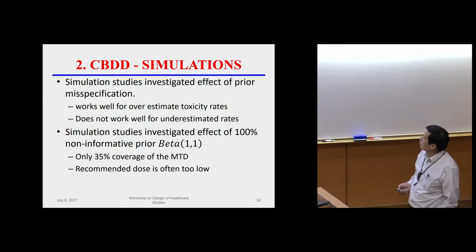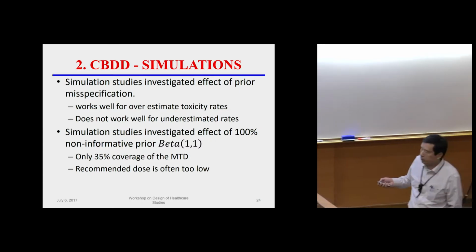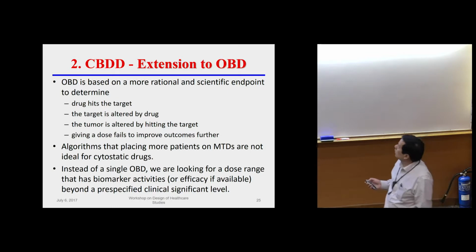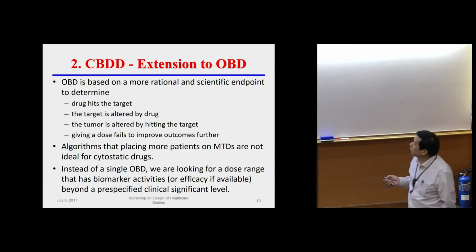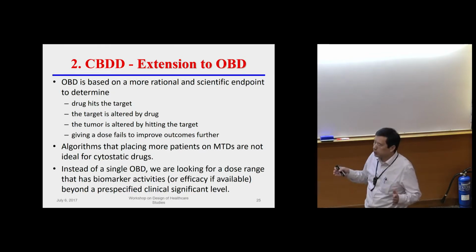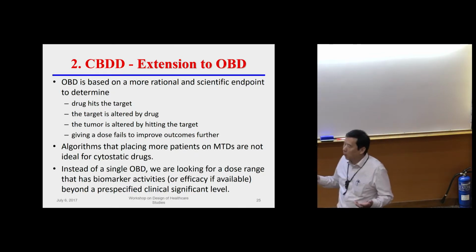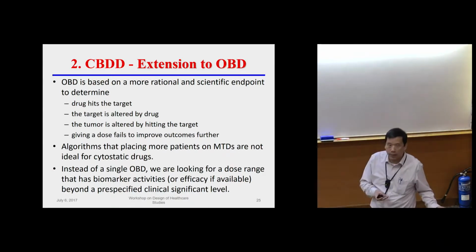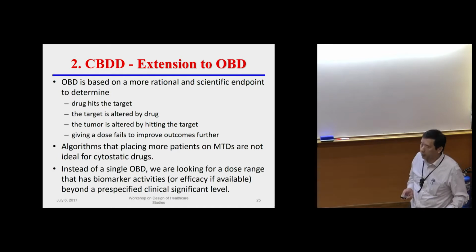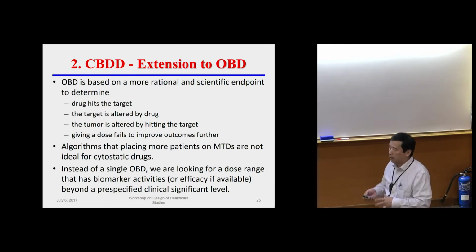And also, it turned out that a non-informative prior is not very good, but it's not good for anyone because there's no information there. So this is the first one, and then it was an advantage. But now it may not be an advantage. Partially, if we allocate all the patients at the MTD, we don't have information for other levels, right? So if I'm doing some biological targeted therapy and I have everyone at the MTD, I have zero information for non-MTD